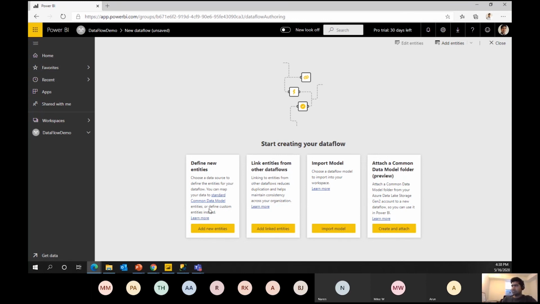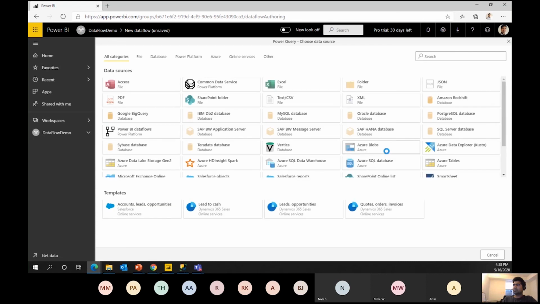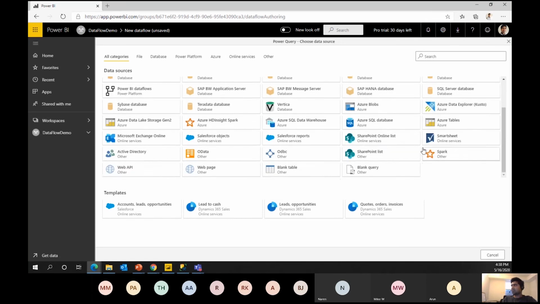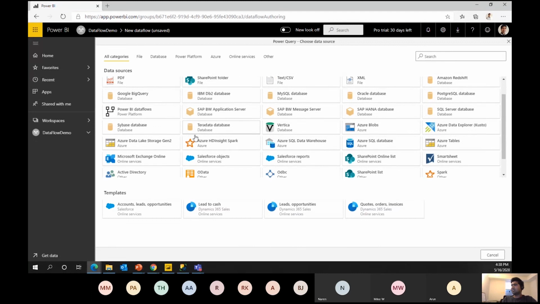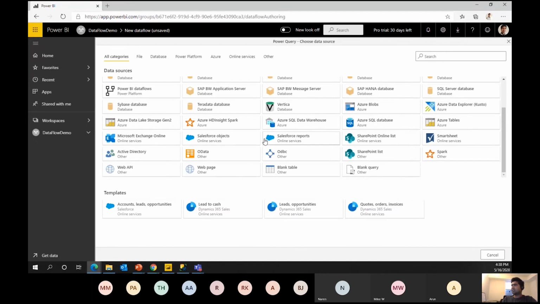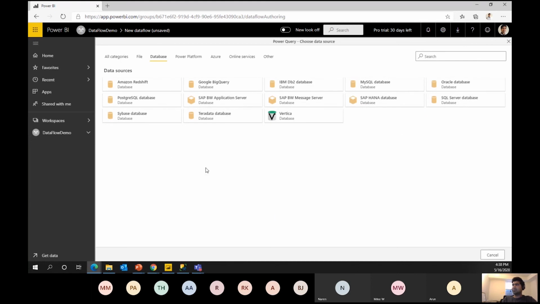Okay, so let's begin with this, add new entity. This is the first step for data flow. And it does not support all the sources that your normal Power BI supports. So gradually they are adding sources one by one. Okay, so you can see all the sources are there. So in this particular case, maybe I'd like to go with SQL Server again. So let's try to find out where it is. I'll go to database